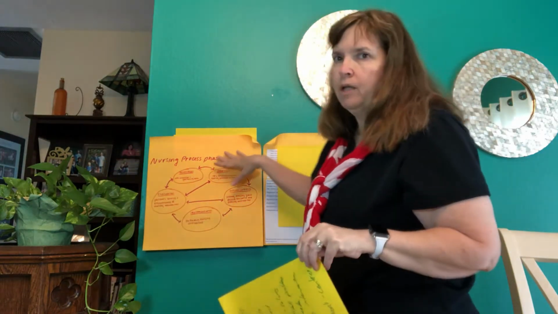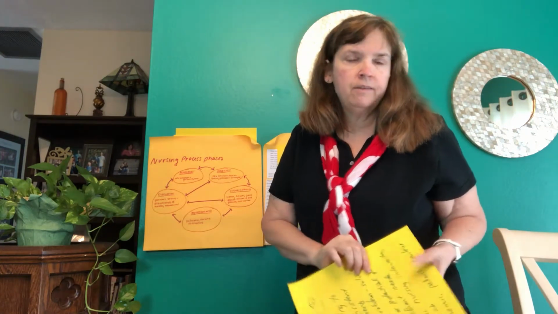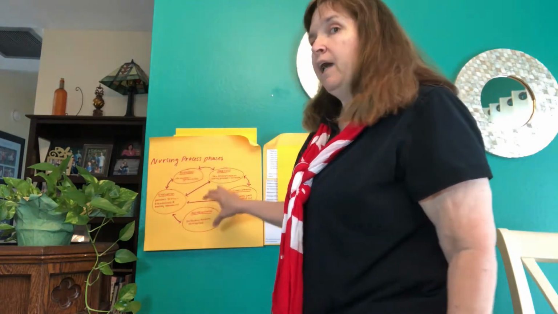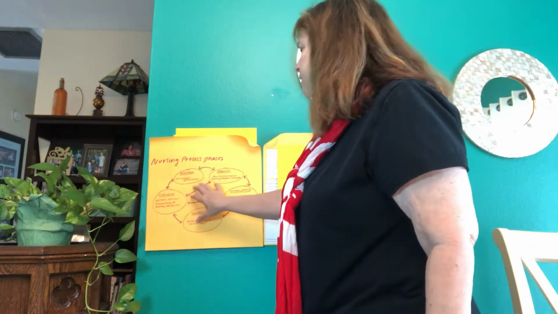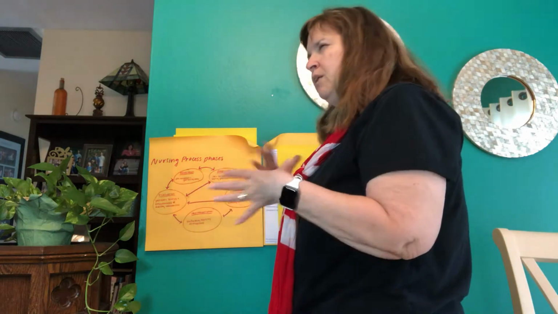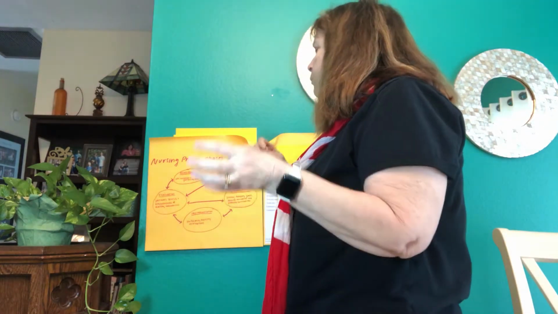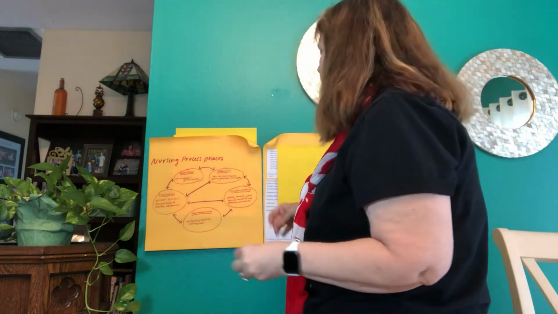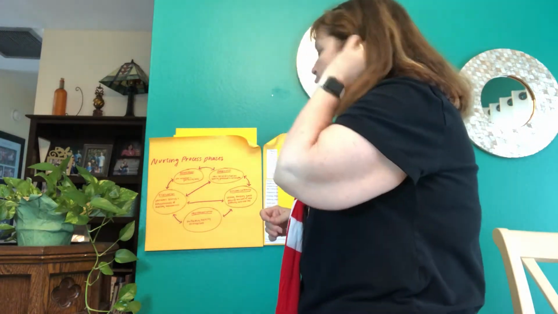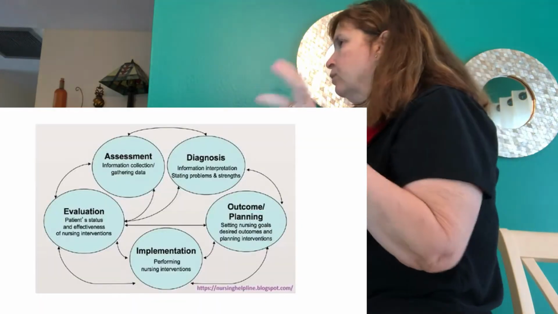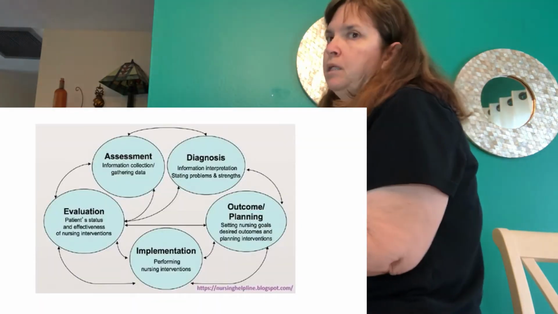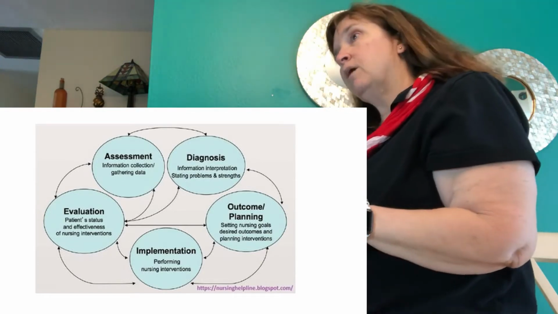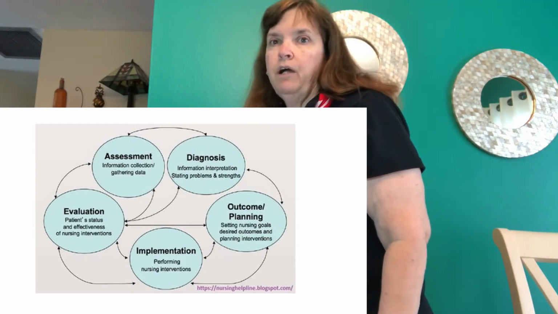Now, the nursing process has a lot of phases, and we sometimes call it ADPI. So we start with assessment. We're going to gather information, and I'm going to talk about each of these phases. We gather data through assessment. We make our nursing diagnoses. We create outcomes, or the PI part of it is planning. So we plan for how we meet the problems. We implement, and those are our nursing interventions to help correct the problem, and then we evaluate